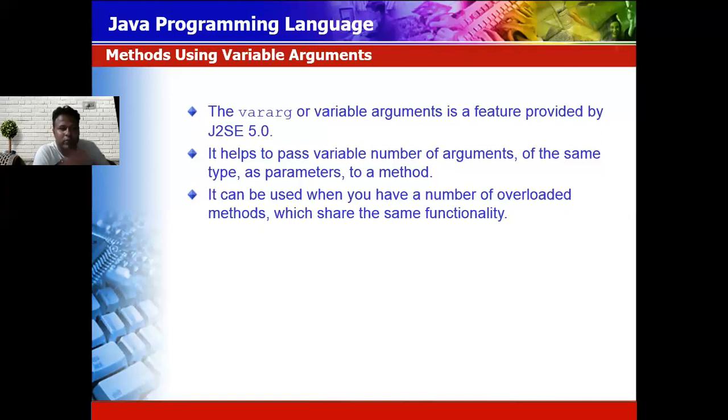Suppose you are going to a shopping mall, and the user may purchase one item, maybe two items, maybe 10 items. You don't know that. So if you define two parameters in a function, then you are giving a restriction to the customer that they can only purchase two items.